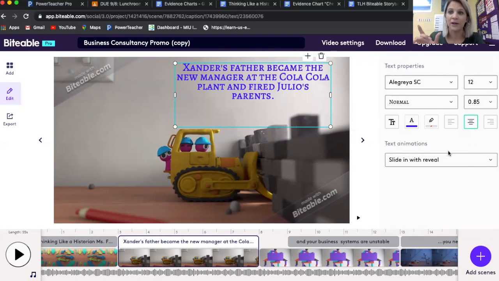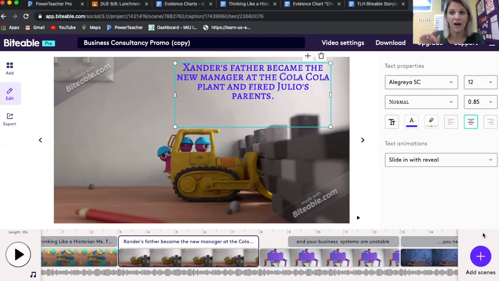especially if you're going to be writing a lot on a slide, because it says up to 3 sentences. Please no more than 3 on a Biteable slide, because Biteable does limit the amount of text that you can have. It's by characters. So if you need to add more slides to add to what you are saying, you may certainly do that.